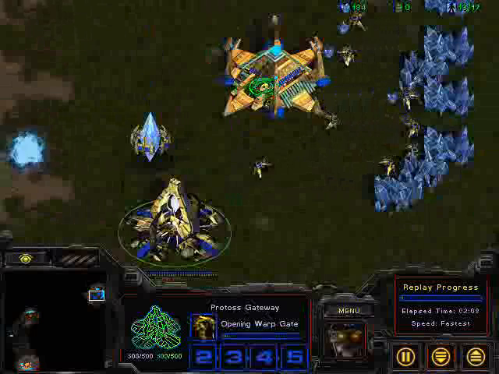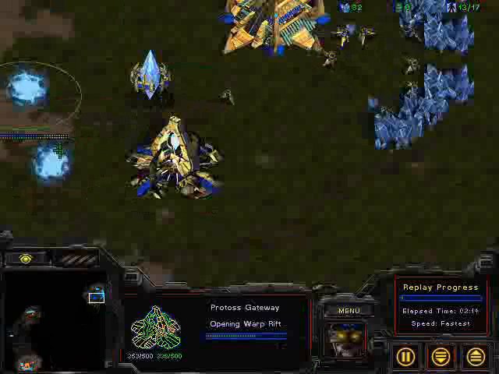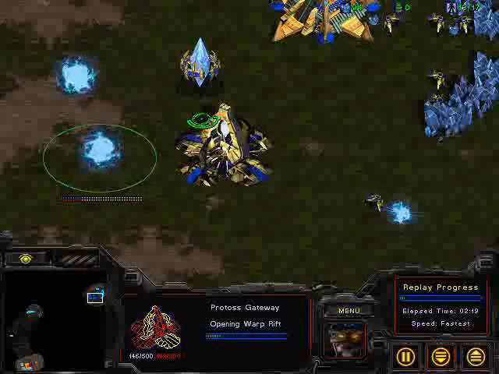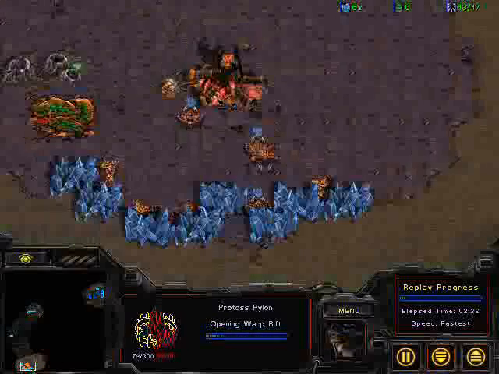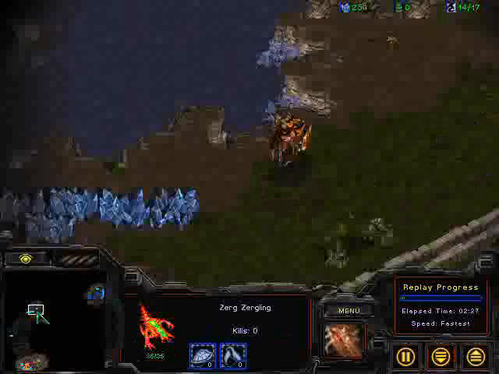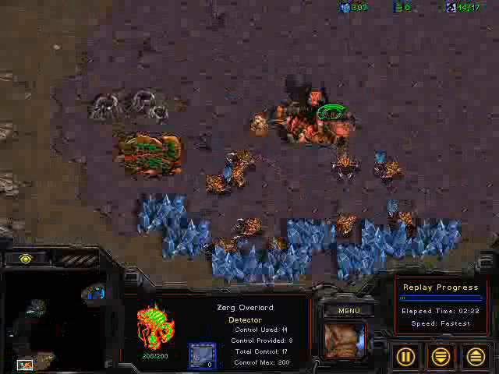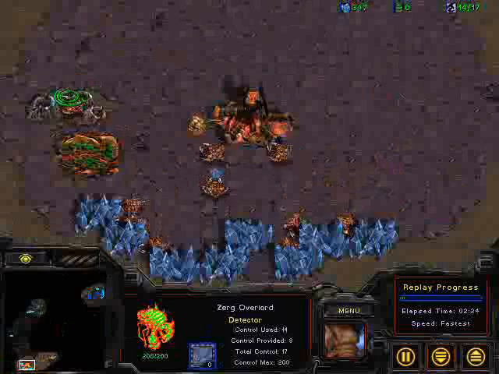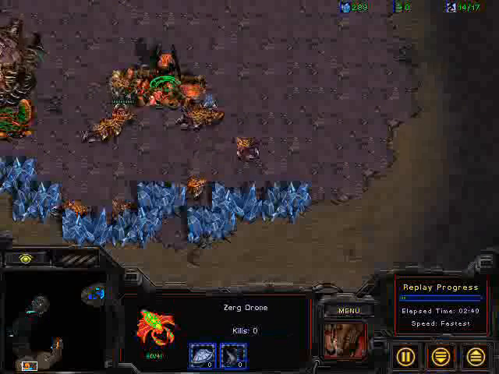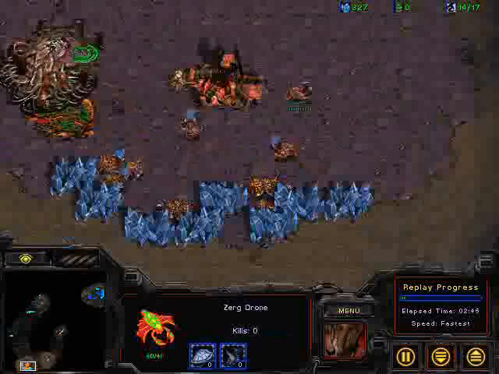At this time, as you can see, Pepe starts warping in his three gateways, which you should be able to find out with your Zerglings here, by scouting early, or if not, using your overlords as early scouts. And so here we build the hatchery, and we delay the second hatchery after